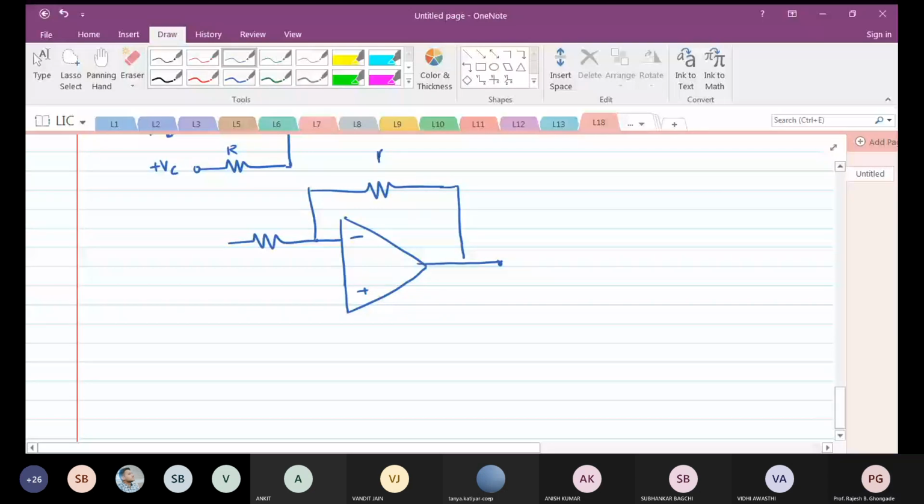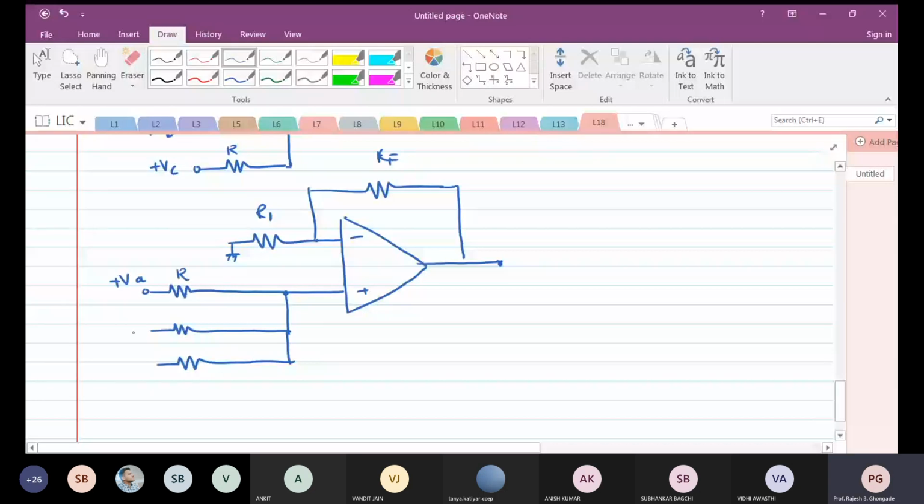This is R1. Okay. Now, if I want to apply superposition theorem for this VA, I can simply